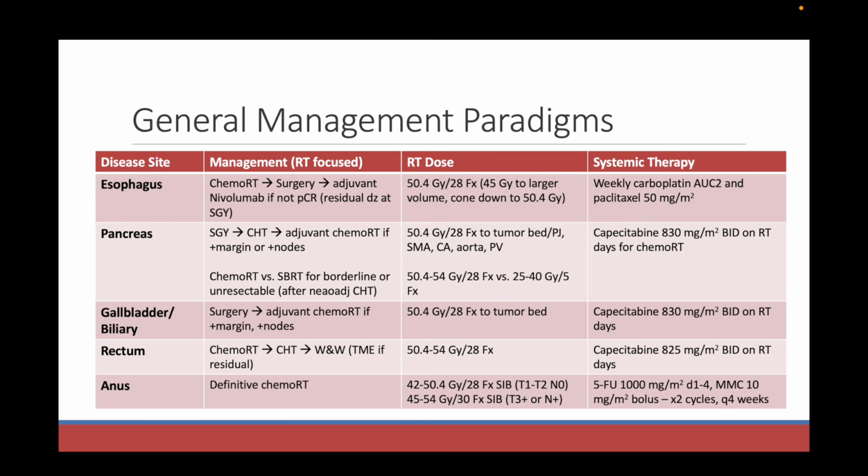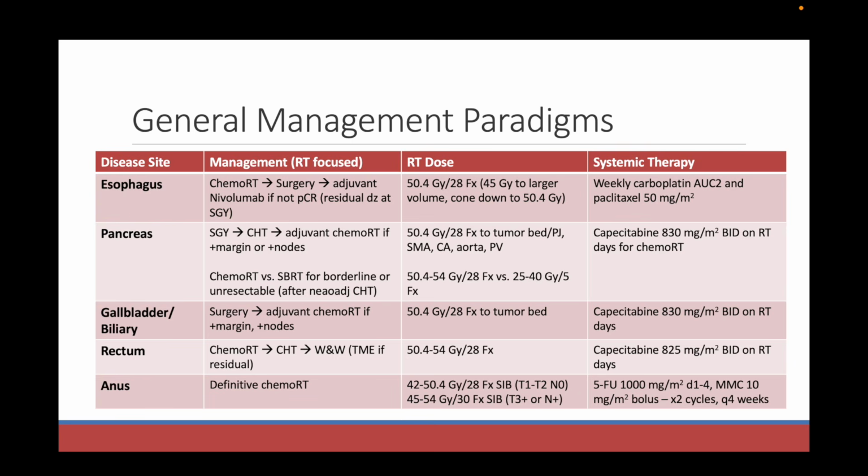And following surgery, they get adjuvant chemotherapy for sure. And we give adjuvant chemoradiation if they have risk factors such as positive margin or positive nodes. If they are borderline resectable or unresectable, then they typically get chemo first, followed by radiation, whether that's chemoradiation or SBRT. For gallbladder and biliary cancers, these are kind of heterogeneous because they can be intrahepatic versus extrahepatic biliary, or